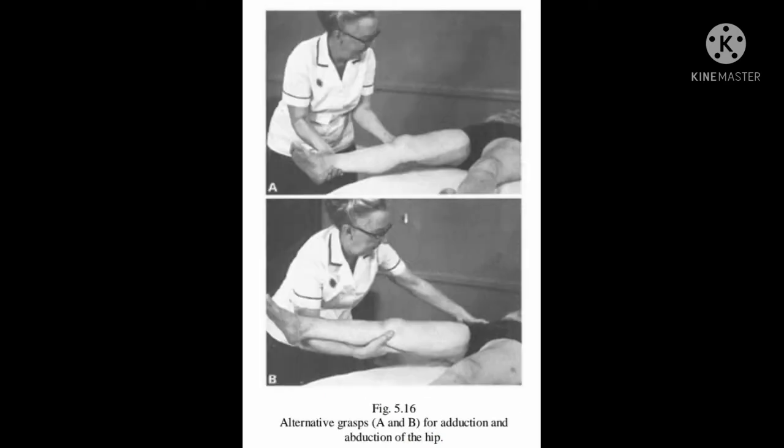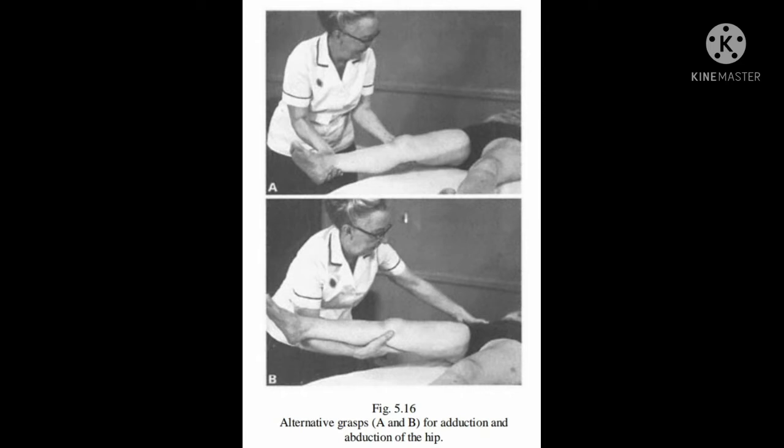While performing the movement, the therapist's hand from the posterior part of the knee gradually moves and comes to the anterior side of the knee. To perform hip abduction and adduction, patient position is supine lying. Therapist position, standing at the side of the patient. Holding and procedure: one hand of the therapist is just above the ankle joint. The other hand of the therapist is just above the knee joint. Perform the hip abduction in full range of motion.